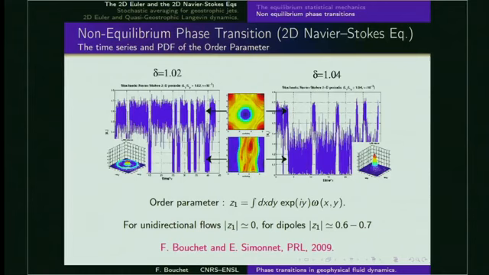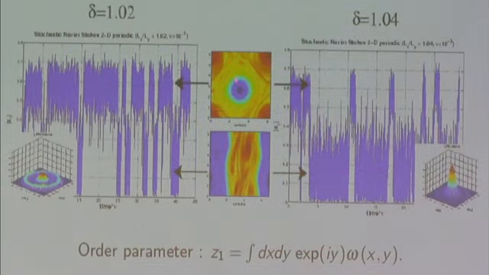So you can see here, as a function of time, the order parameter, which is just the Fourier component of the flow for the larger scale in this direction. It is nearly zero for this parallel flow, and it has a non-zero value for this dipole. So what you see here are random switches between these dipoles and this parallel flow.